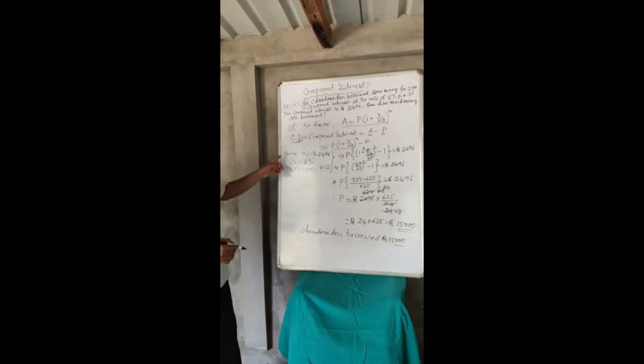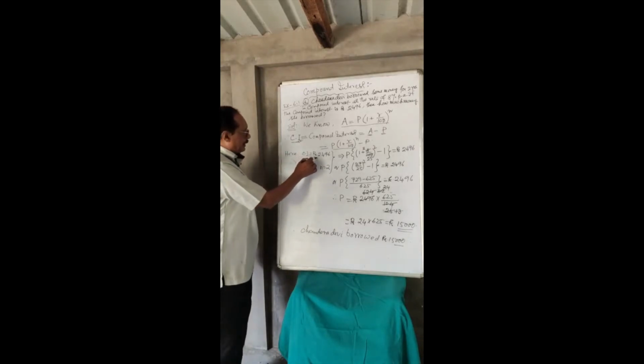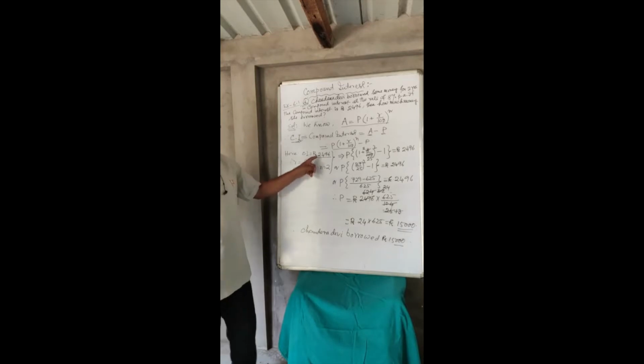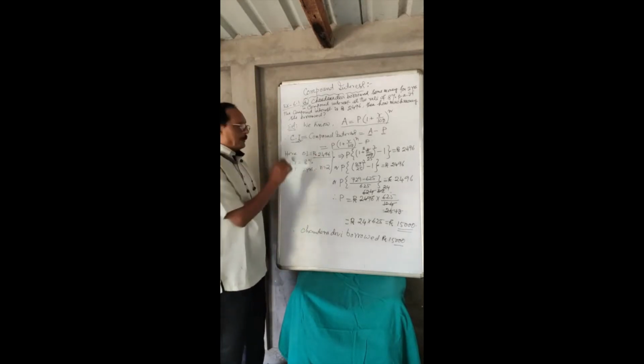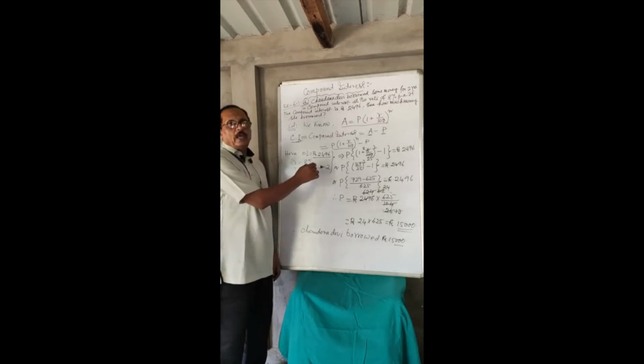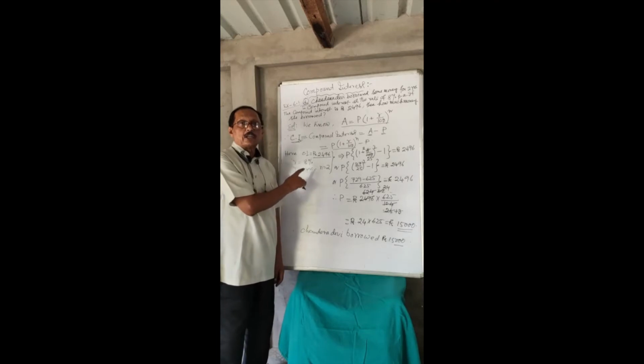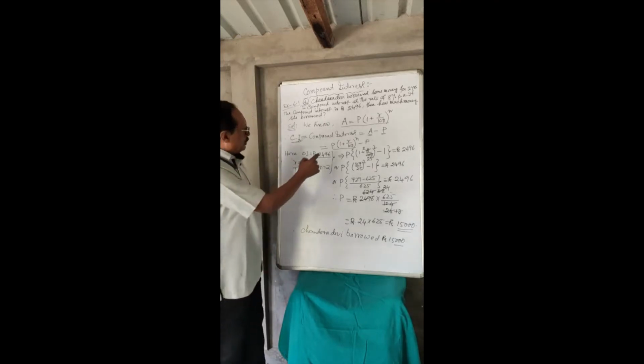In this case, the compound interest is given after the end of 2 years. It has been given as 2,496. The rate of interest is 8% and the time is 2 years. That's why n is equal to 2, as it is compounding annually. So in this case we are simplifying.